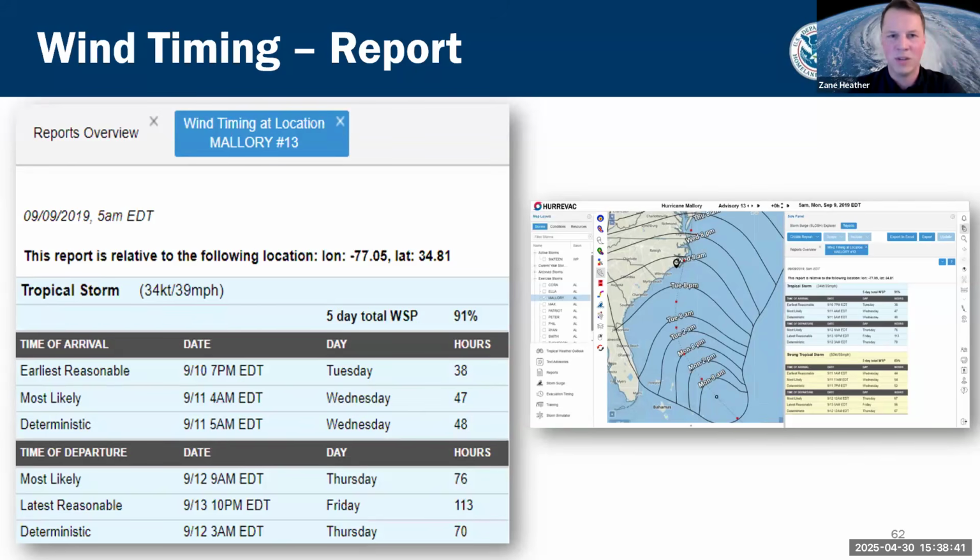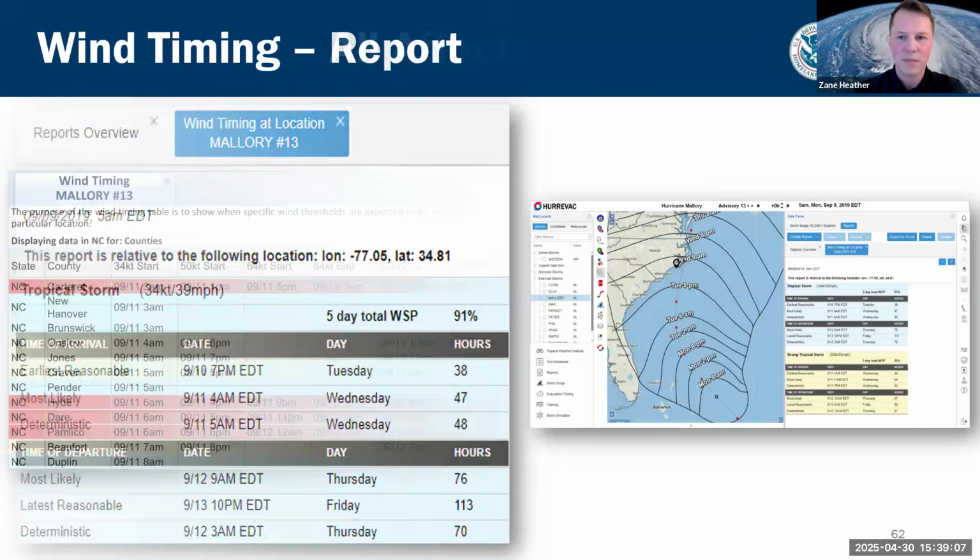This is for you all as emergency managers to help coordinate and inform immediate response efforts post-impact, because you want to know, as an EM, when can you tell your people, your first responders, that it's all clear, tropical storm force winds have departed from the area, and we can start immediate response, recovery, search and rescue efforts. So again, this is the only place you can get this information, and it is for you all as emergency managers to inform those immediate response efforts.